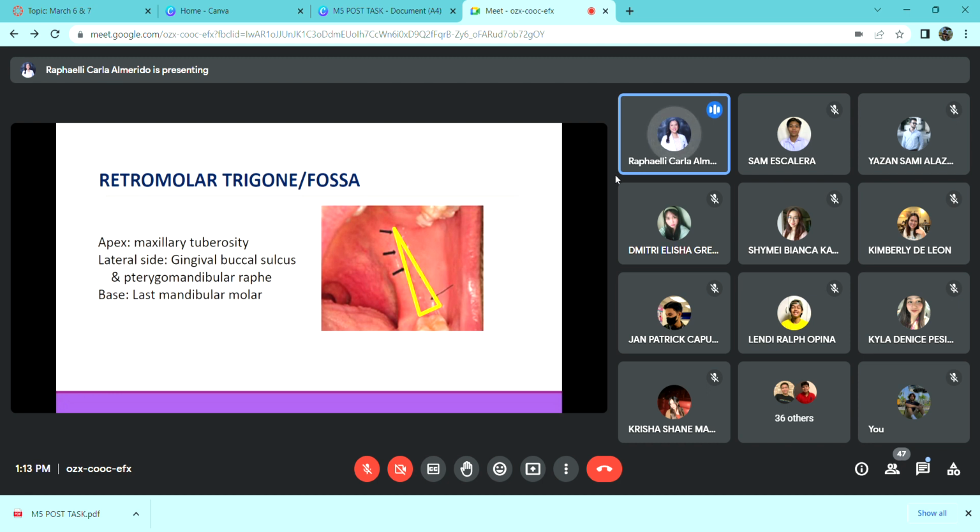And with the triangle, the parts of a triangle, meron siyang apex and base and the lateral side. So on the apex part is the maxillary tuberosity area. So the maxillary tuberosity is the bone